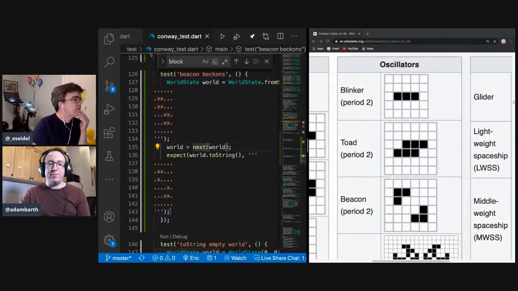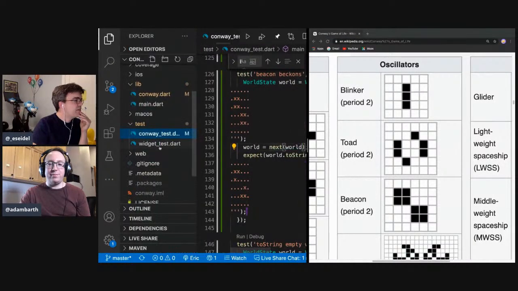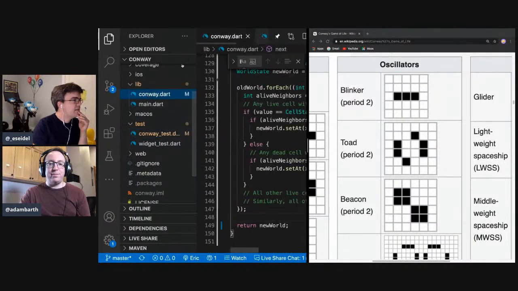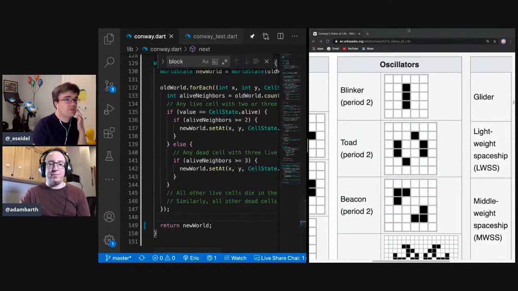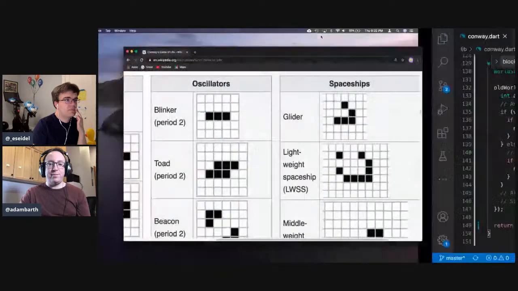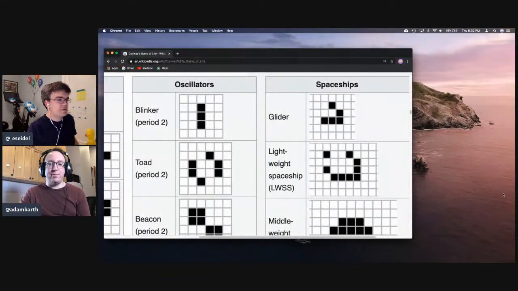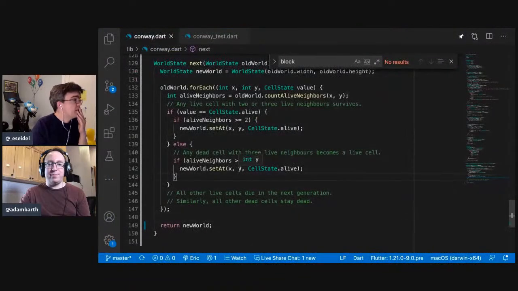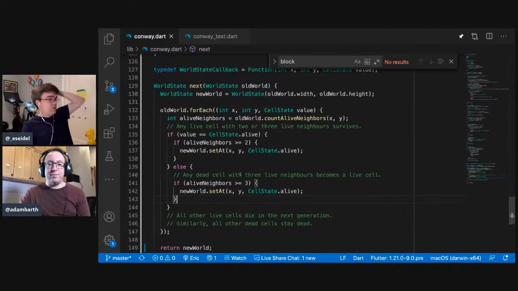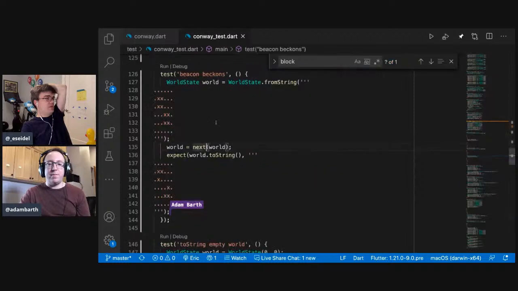Okay, let's go look. Conway. Okay, I'm going to close this, just to save our eyeballs. So if alive neighbors are greater than or equal to 2, and what is our... so like this one, it has more than 2 alive neighbors.